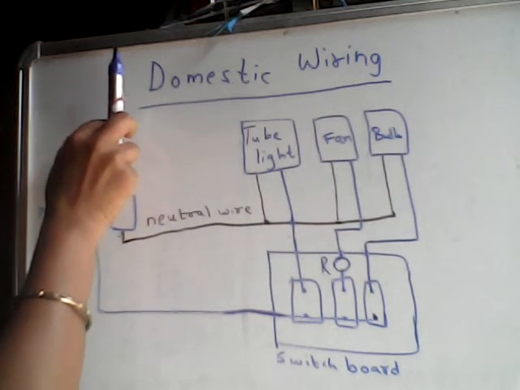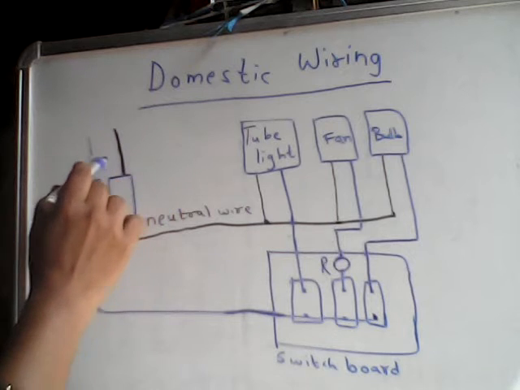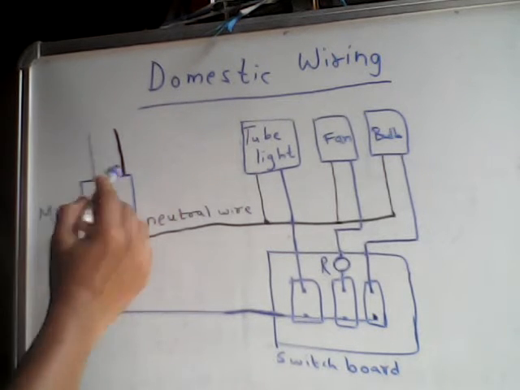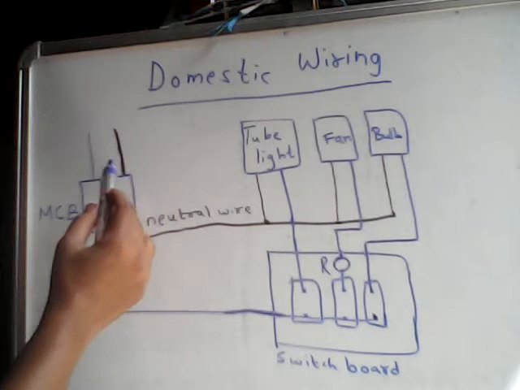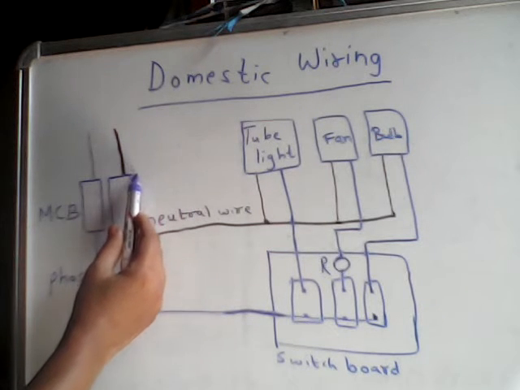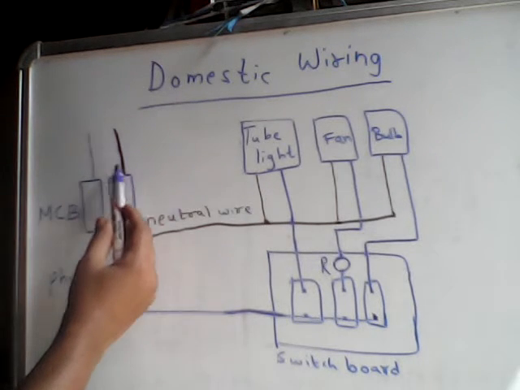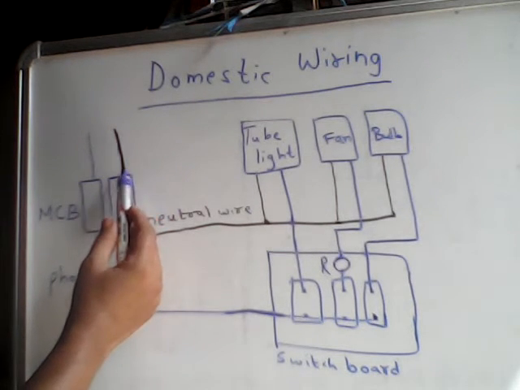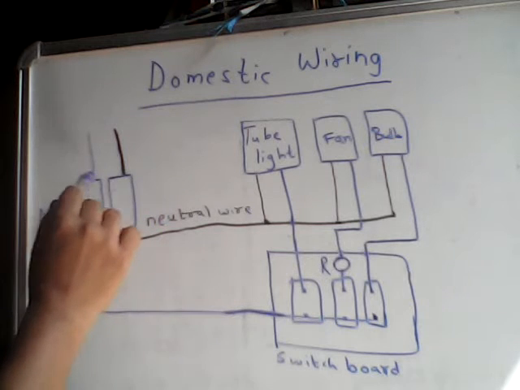So initially the current will be coming from the pole, and it will be available in the form of two wires, and the two wires which are there are phase wire and neutral wire. Phase wire is shown with blue colored line and neutral wire is shown with the black colored line. So this will be given to